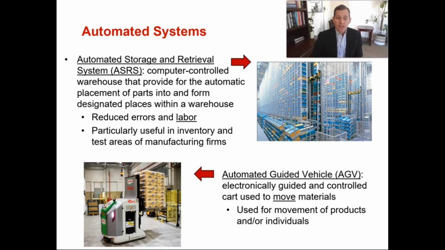Down below is an automated guided vehicle. It's an electronically guided and controlled cart used to move materials. It's great for moving products, heavy products, to their final location. But you can also have robots or automated guided vehicles that don't move heavy stuff. They just move stuff so that people don't have to walk all around facilities, which is a non-value added activity. So if you recall from that spaghetti diagram that I showed a couple of videos ago,